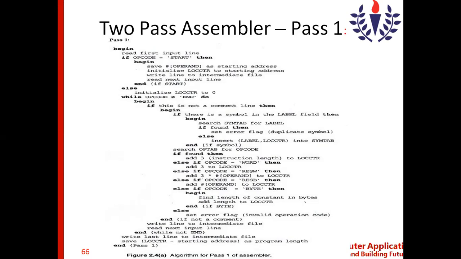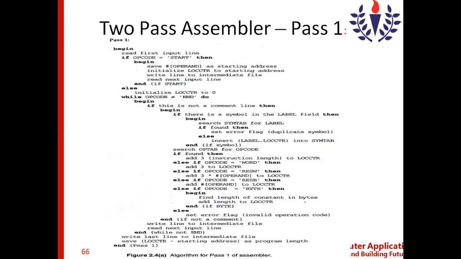If the label is not available in the symbol table already, then it goes to the else part: insert label, location counter value. The location counter value keeps changing. For that particular instruction, what is the address? As you remember, we were discussing the source code with addresses like 1000, 1003, 1006, 1009.